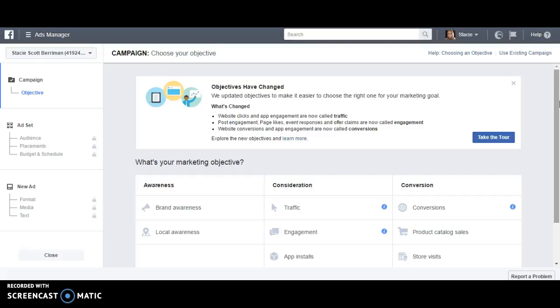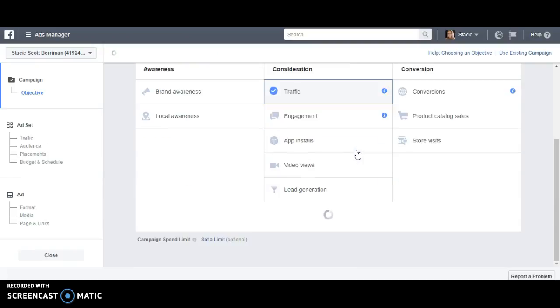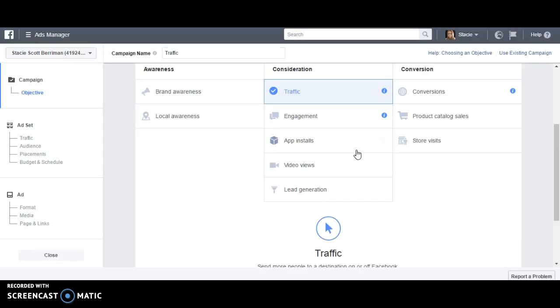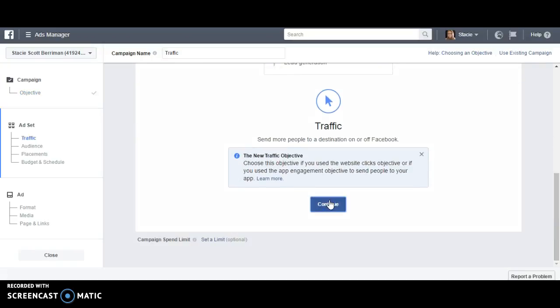So I'm in Facebook here, and all I did was click the little ad campaign button at the top, and the objective is traffic. So we're sending traffic to an offer. Obviously if you were sending traffic to your lead page or your landing page, you would use the link from your ClickFunnels account. If you were sending it to a pre-sale page, again, the link from your ClickFunnels account. But on this particular offer, we're going to be sending directly to the sales page of the offer because it has a free promotion. So we click continue,